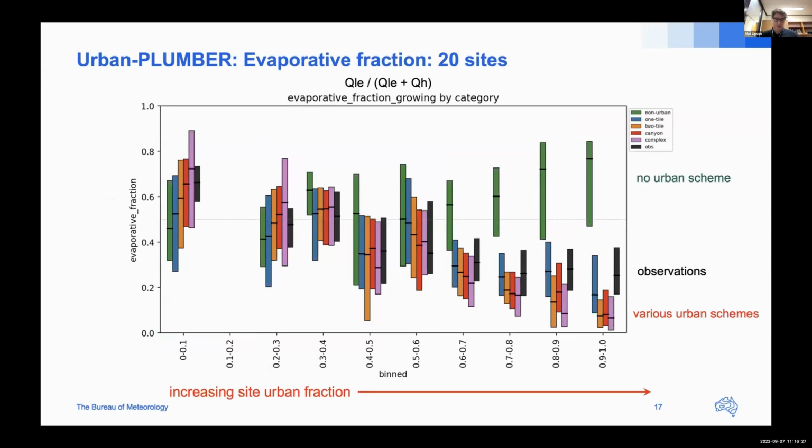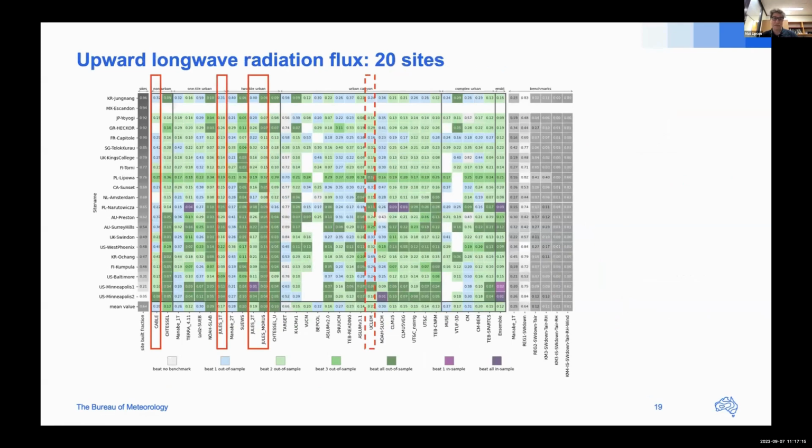And it's pretty clear why, for latent heat flux at least. We have the evaporative fraction across an increasing site urban fraction along the x-axis, from very low density urban sites to very high density urban sites. The green is the non-urban cohort of models, and initially it's slightly low on the evaporative fraction compared to the black, which is the observations. As we progress into denser and denser sites, we do see far too much evaporation, far too high latent heat flux compared to observation. But interestingly, even the urban schemes at the very high fractions have a low evaporative fraction compared to observations. I'm going to skip through this because I'm running out of time, other than to say that